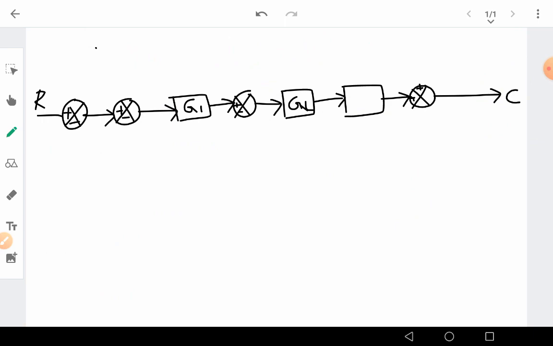Sorry, what happened, oh, it's gone, some mistake. Okay, so what I have done, I have simplified it. Right now I got plus minus, I think I deleted it, some mistake. Okay, so what I got is now two summing blocks, minus, this is minus.